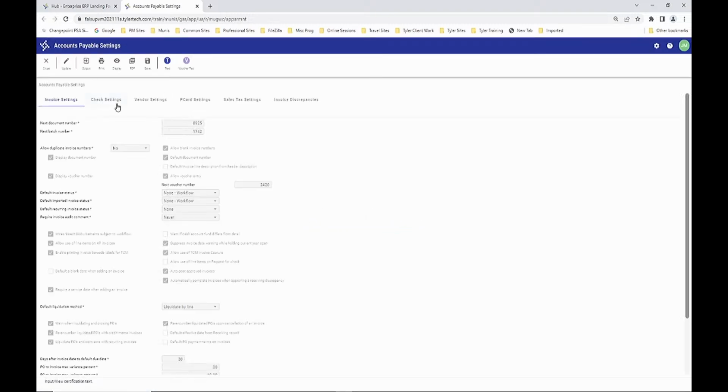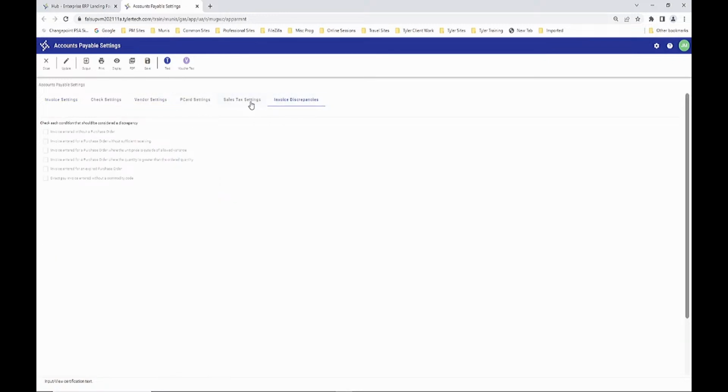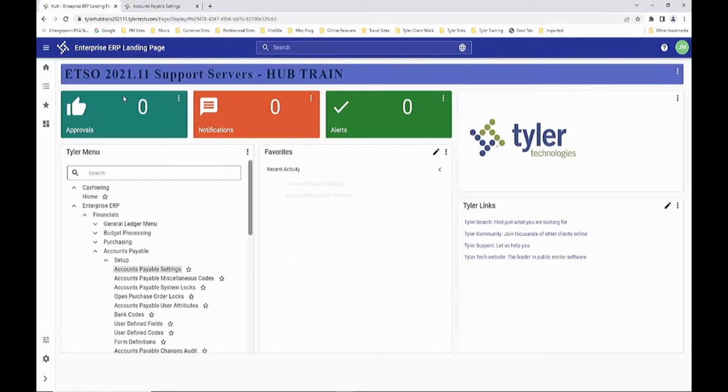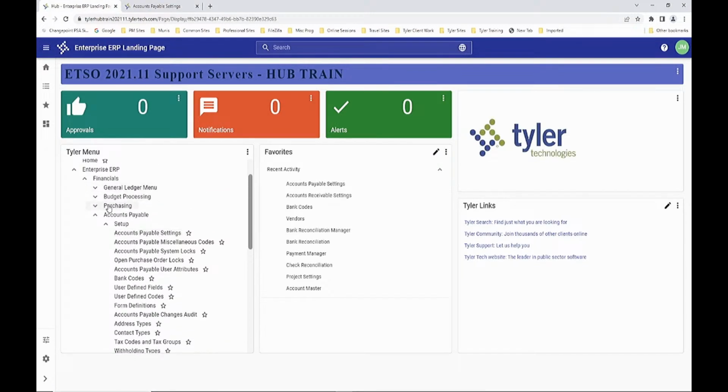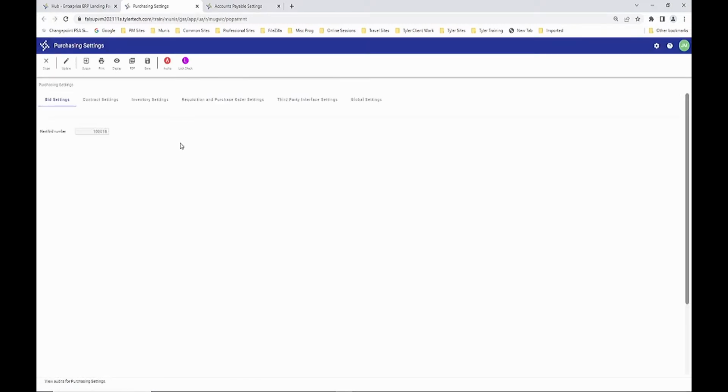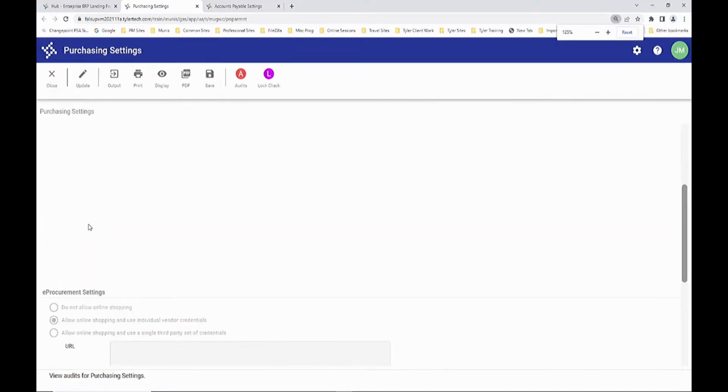Okay, just a couple of quick mentions on the front end. To use the online shopping, there's a setting in purchasing that you have to activate, which then adds an additional tab to the vendors to set up their portal information. Yeah, it's under third-party interface on the purchasing settings, the e-procurement section down here, and basically you're going to say,